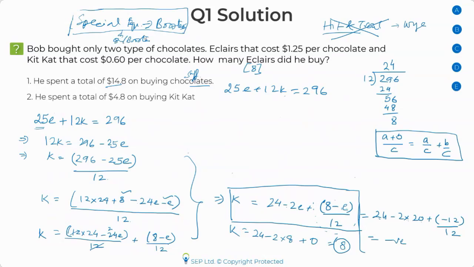Aditya is asking why no more values. Aditya, explain. Now see, the first value that worked was 8. The moment I put 20, and why am I putting 20? Because I want the numerator to be a multiple of 12. If I put 20 and so on, 32, these values are all giving me a negative value of K. And I want a positive value of K. Since I'm getting negative values, I don't need to check for higher values of A anymore. I can infer that this has to be the only possible case.